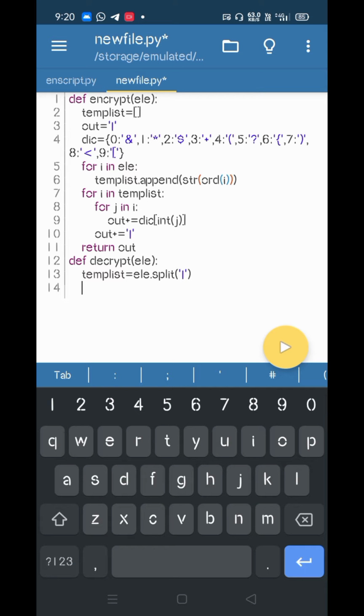So first we will print it, and check how this temp list was printing. So we should call the function. So let me call it, decrypt of.